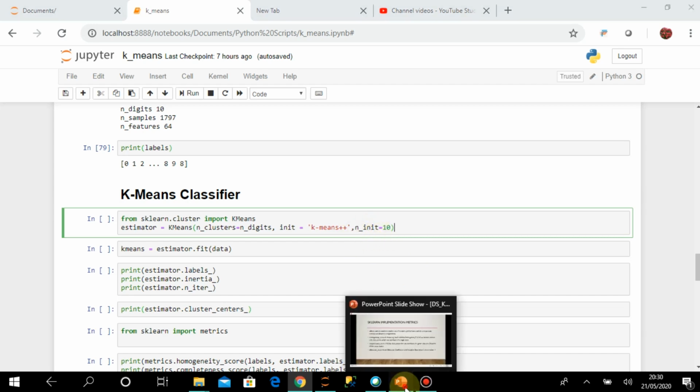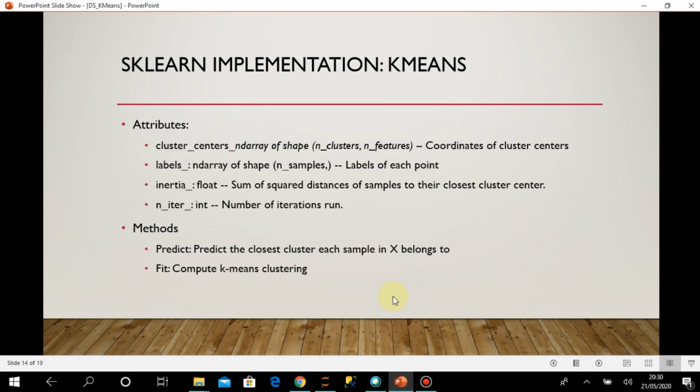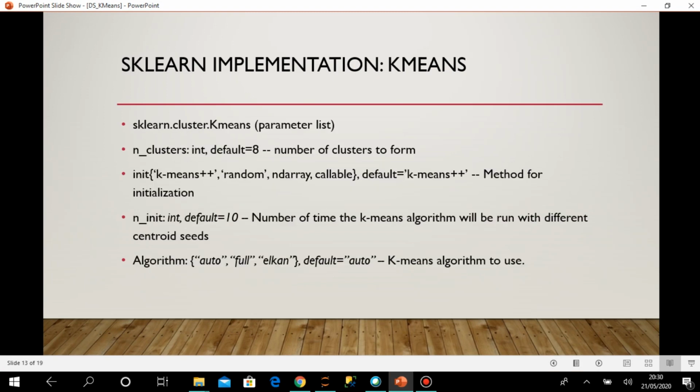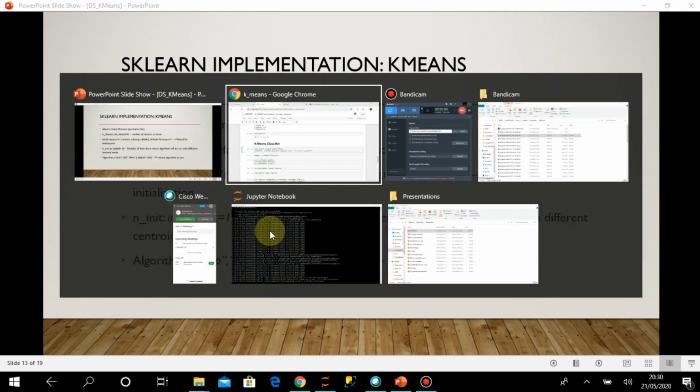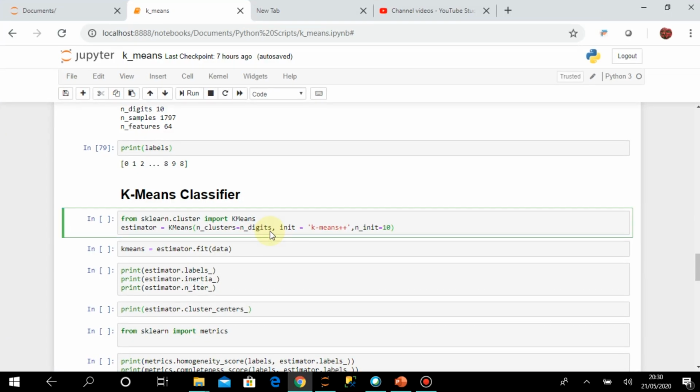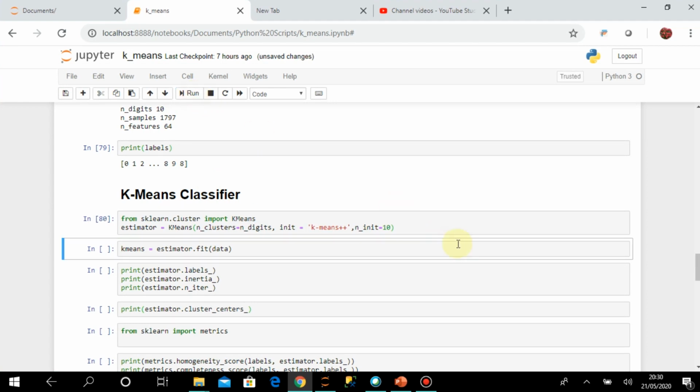You can just go back here, I can show you. This n_init is the number of times the k-means algorithm will be run with different centroids. The default value is anyway 10, and we have mentioned it as 10 only. Fine. So let us just execute it. It is executed.